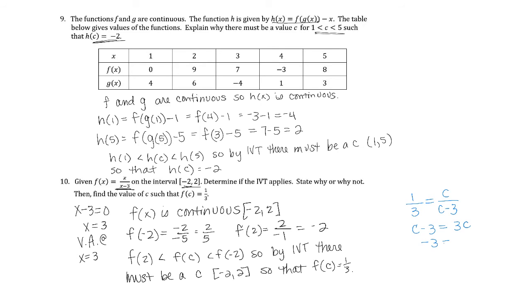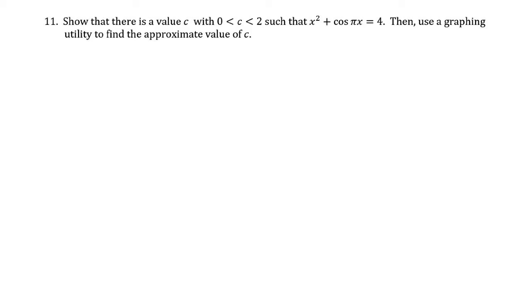So -3 equals 2c. So here, -3 halves, that's equal to c. So here we have found that c value, and we have justified why it must exist. Okay, for this one, we have to show that there is a value c inside this interval so that this